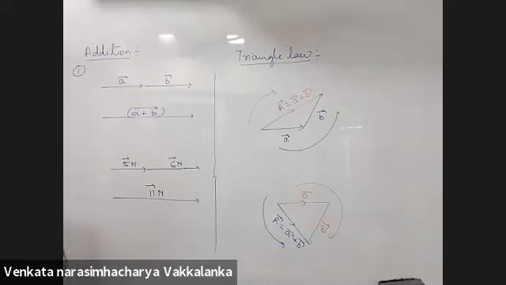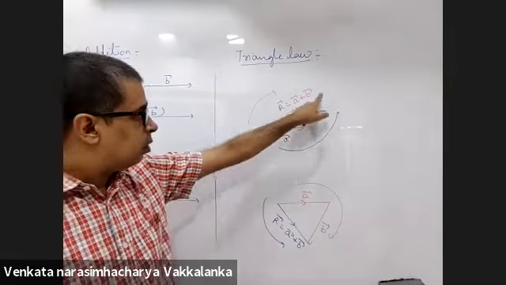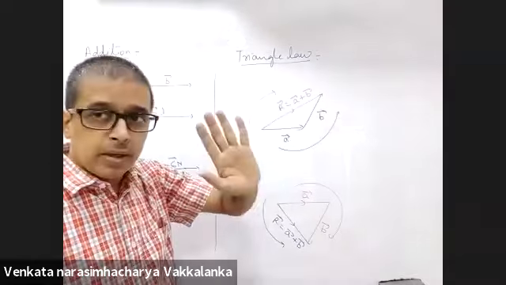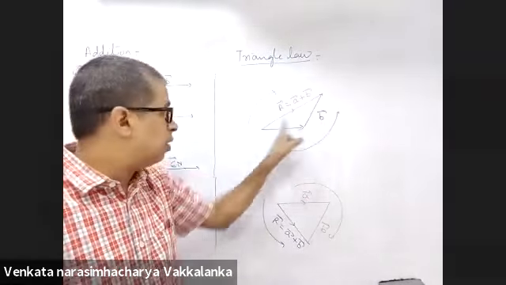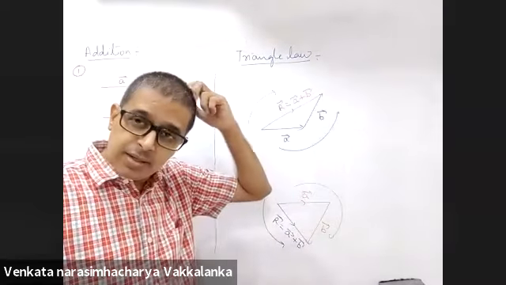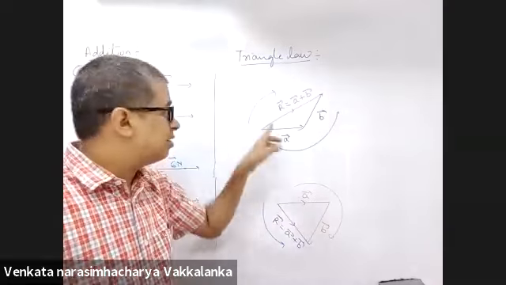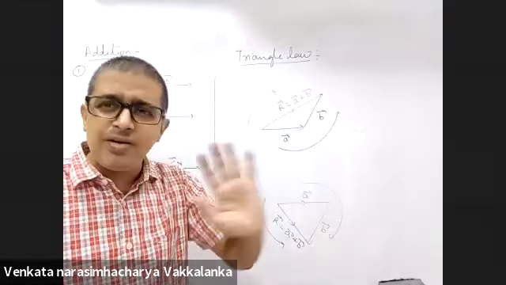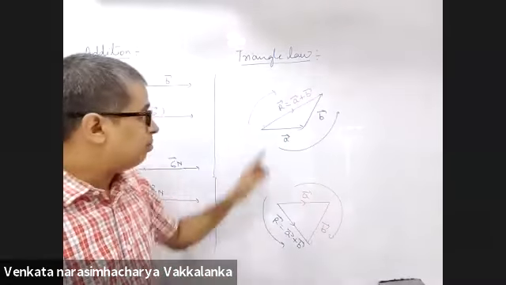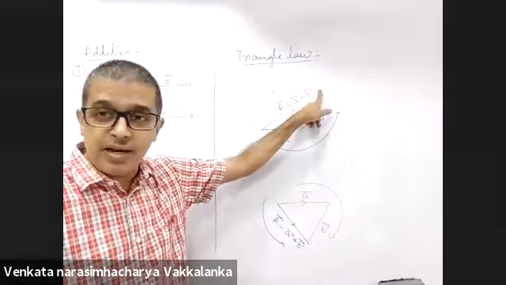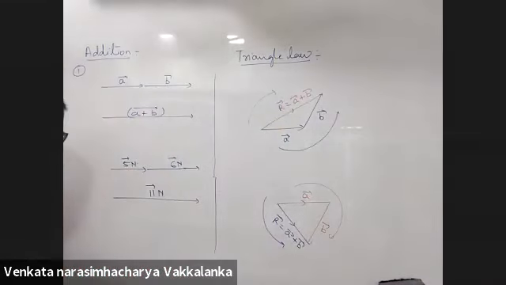Sir, so in the first example, the resultant will be the addition of a plus b, no? It will not be. If A is 3, B is 4, will this length be 7? No. It will be less than that. So I think we'll need to calculate. How to calculate will come to that, that's a different issue. You can measure it using even a scale. But the third side of the triangle taken in the reverse order is the resultant. Okay.